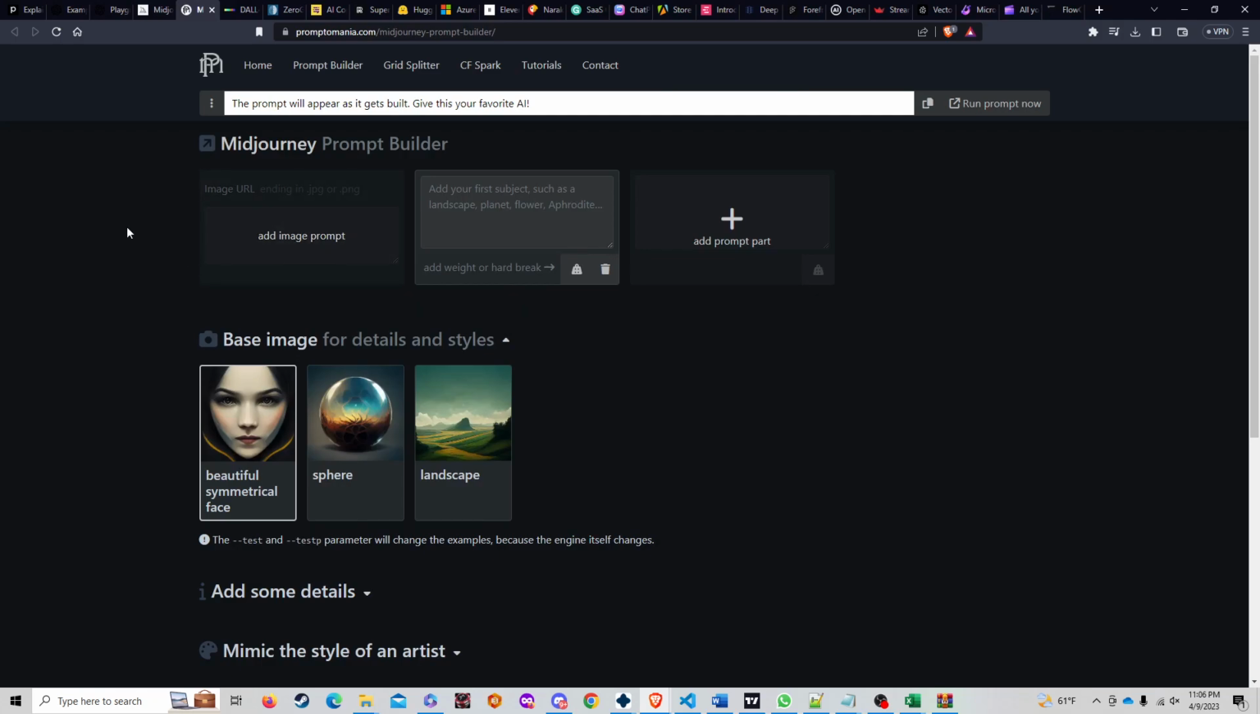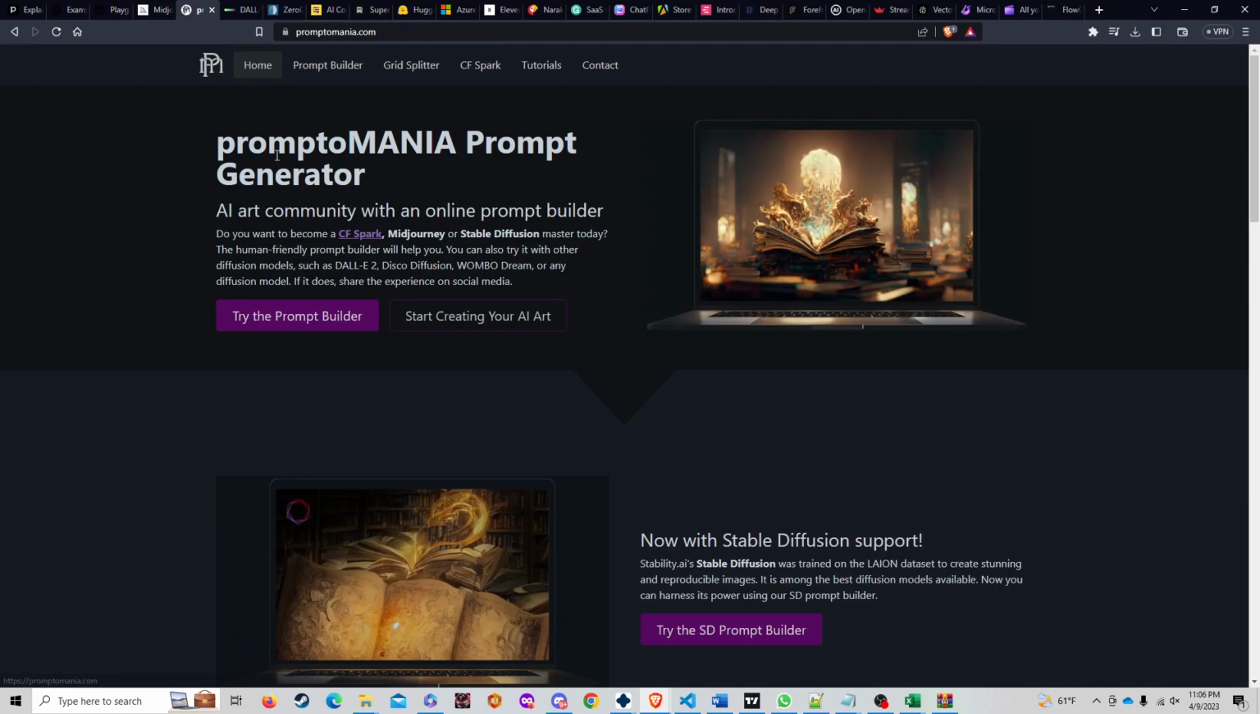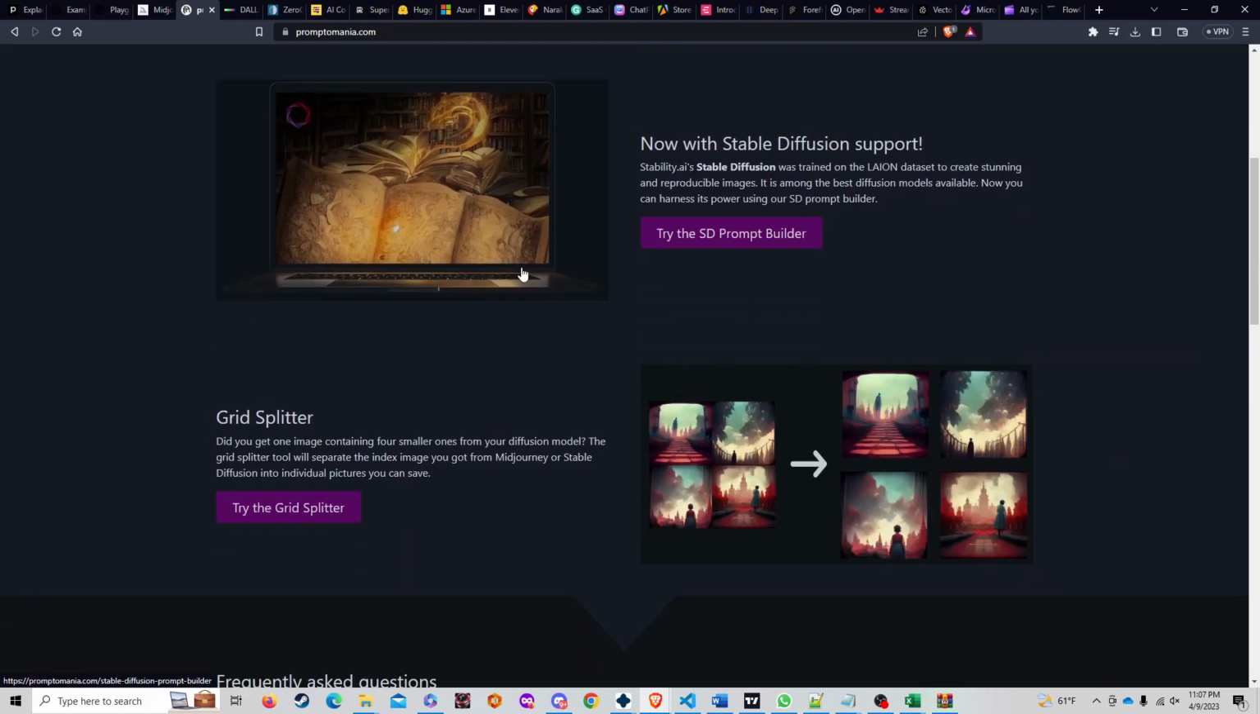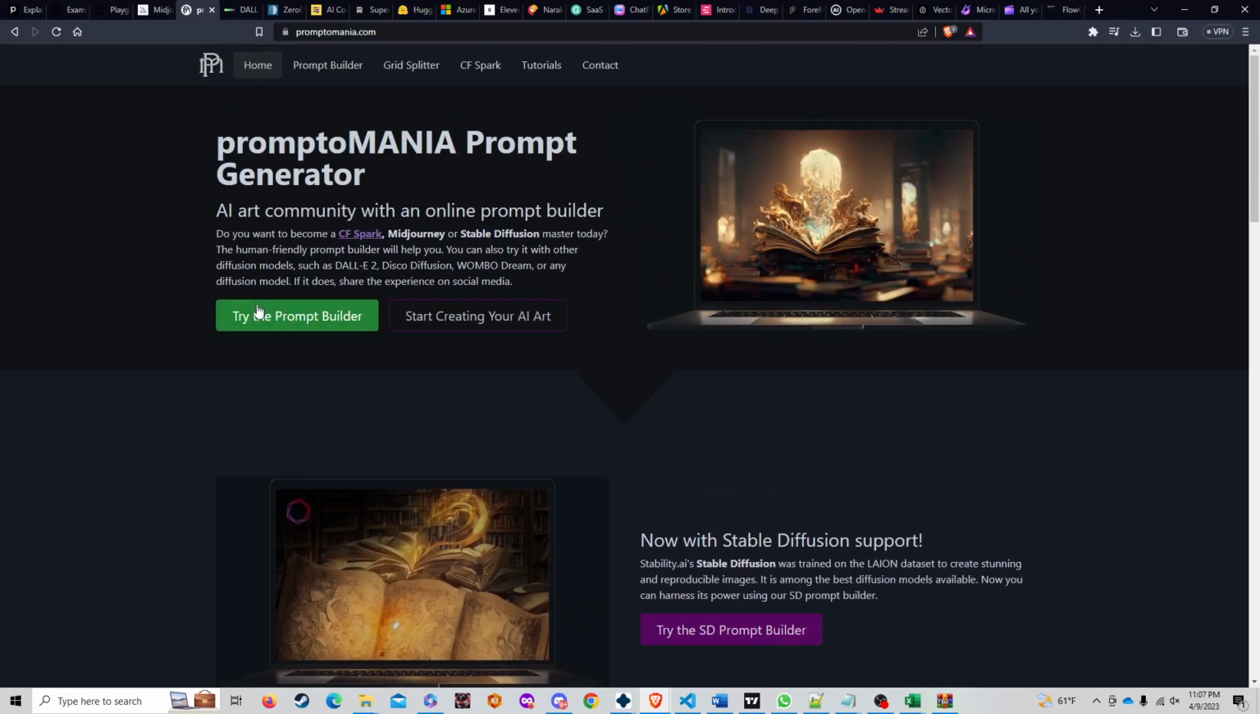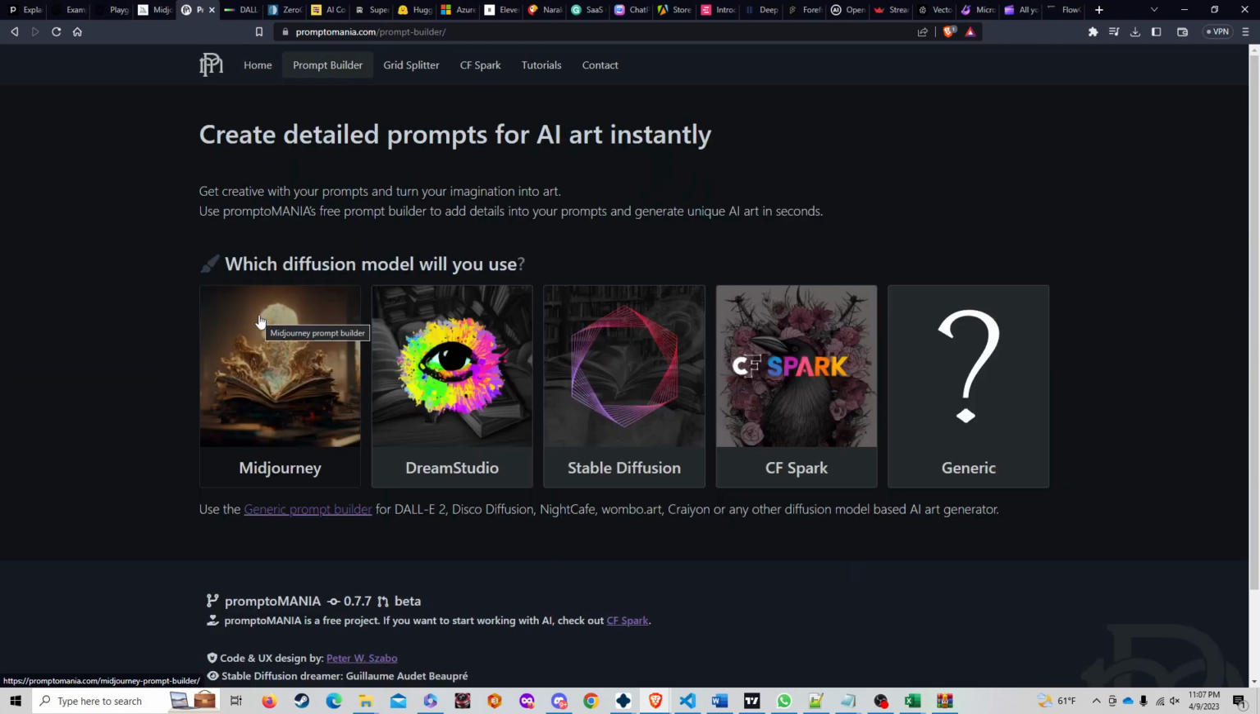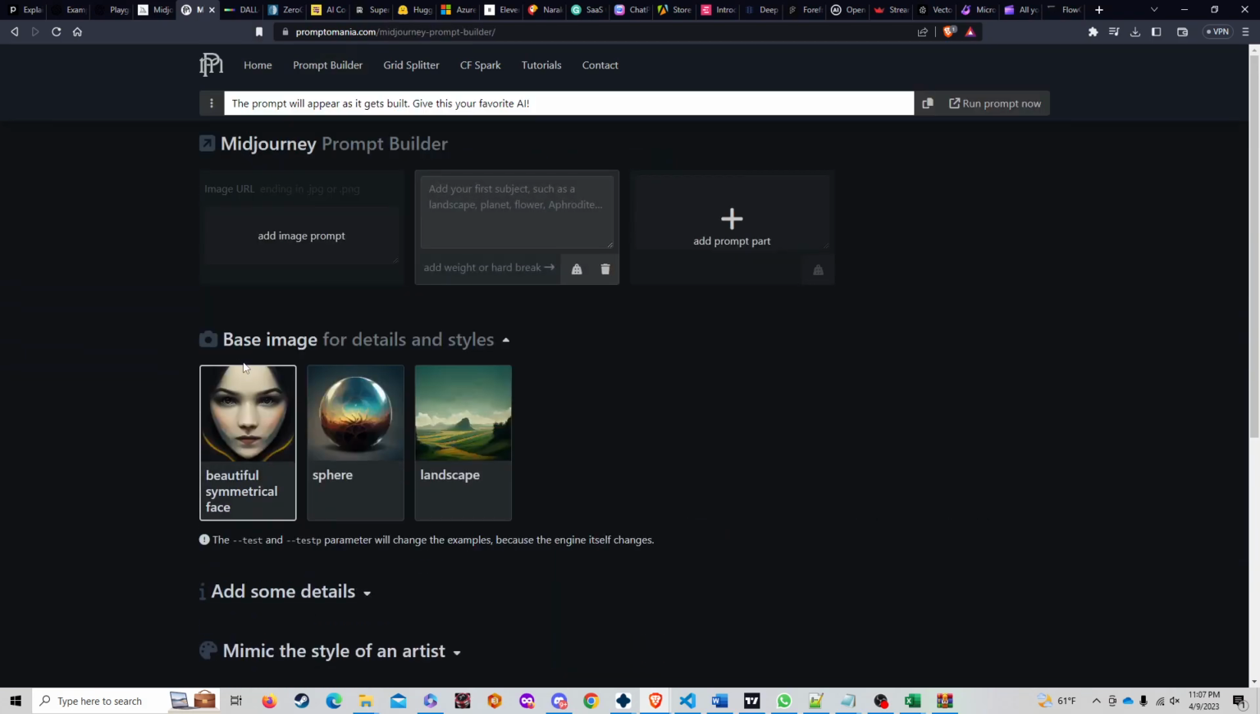The other tool is Promptomania. Really, really cool. It's a prompt builder for Midjourney and, I believe, Stable Diffusion. So it's a prompt builder. Really, really cool. So let's try Midjourney. We can add an image or something from a URL in here. We can select our prompt, like the cyber city